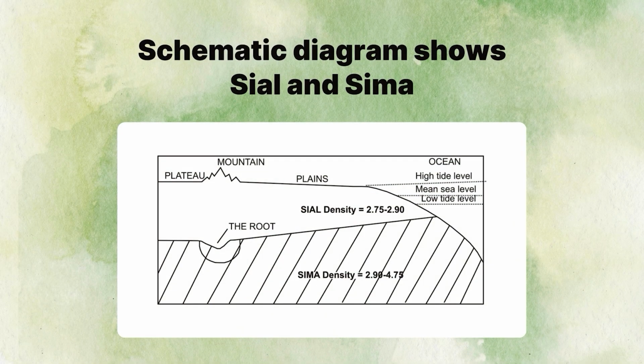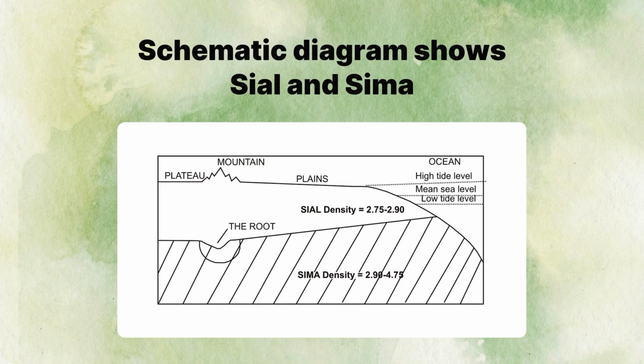Now let us have a schematic diagram which shows sima and sial layers in the earth crust. Here is the plateau mountain and here is the plain. The thickness of the sial in the plain is less as compared to the mountainous region. You have a much thicker sial here, and it forms the root of the mountains. And sima is again in the oceanic region. It is hardly below 8 kilometers, and its density is around 2.9 to 4.75